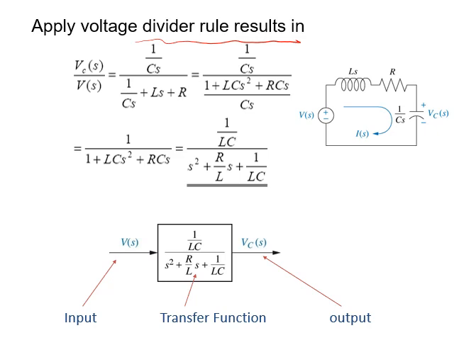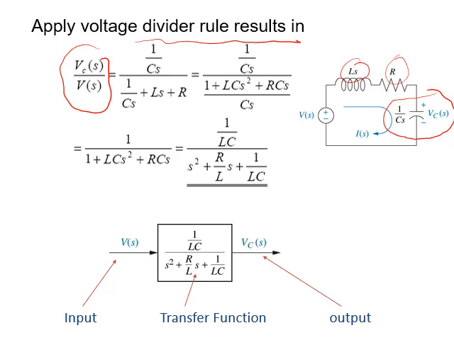So notice here, I found that the relation between output and input, or we can say VC over V, is equal to the voltage drop on the capacitor. So we will put the capacitor value 1 over CS. Remember, we are converting the capacitor to 1 over CS. Its Laplace equivalent is 1 over CS. The resistor is R and the inductance LS. So now in